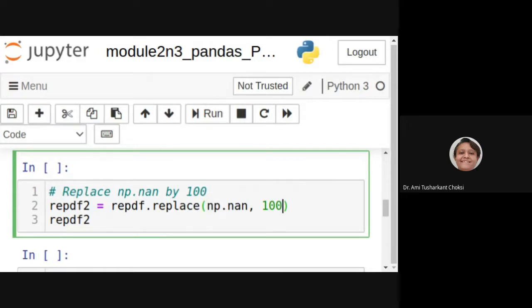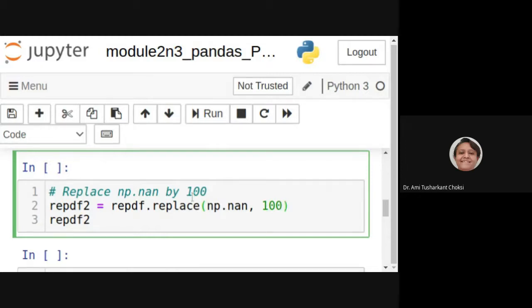Or you can say, I do not want to have any such thing. I just want to have all the things in numeric. So np.nan I'll replace with 0. That also is a case. Depends on your application. But typically, people are using mean, median, mode, or the most common value for the replacement of missing values. Okay. So we just have to replace that.